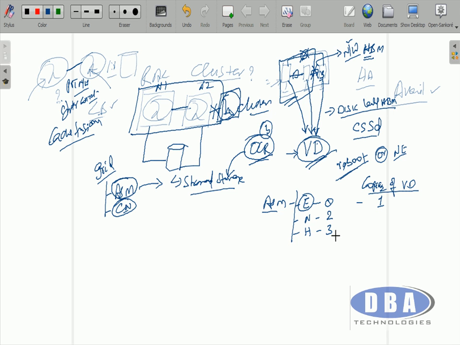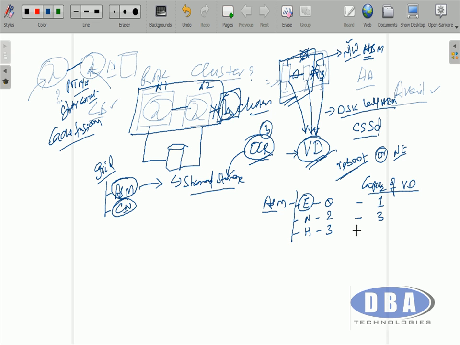In case of normal, as per Oracle clusterware architecture, the number of disks that must be there is 3, but not 2. Only in case of voting disk. If you are planning to keep your voting disk on a disk group, disk 1, disk 2, disk 3, whatever it is, that disk group must have minimum not 2, minimum 3.